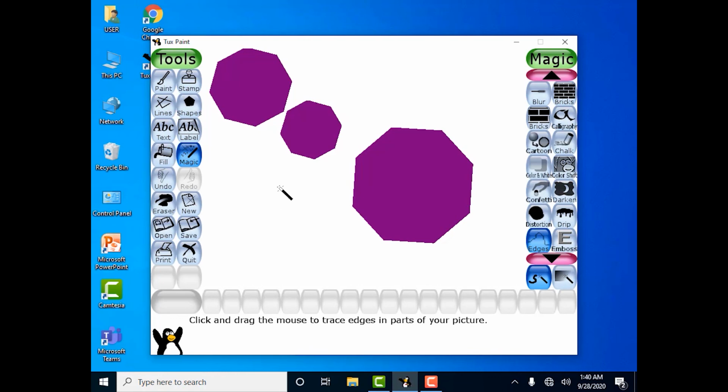You will observe that the edges of the shape start appearing. Let's apply this effect to one of the stamps and observe the changes.